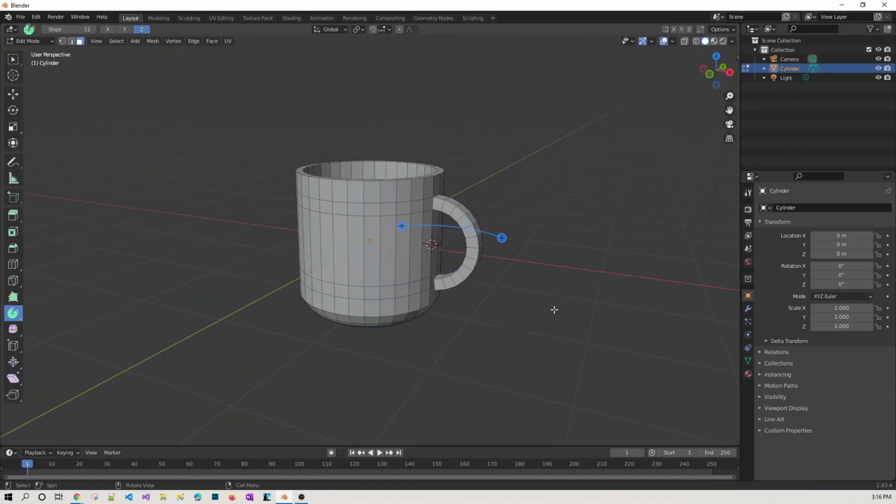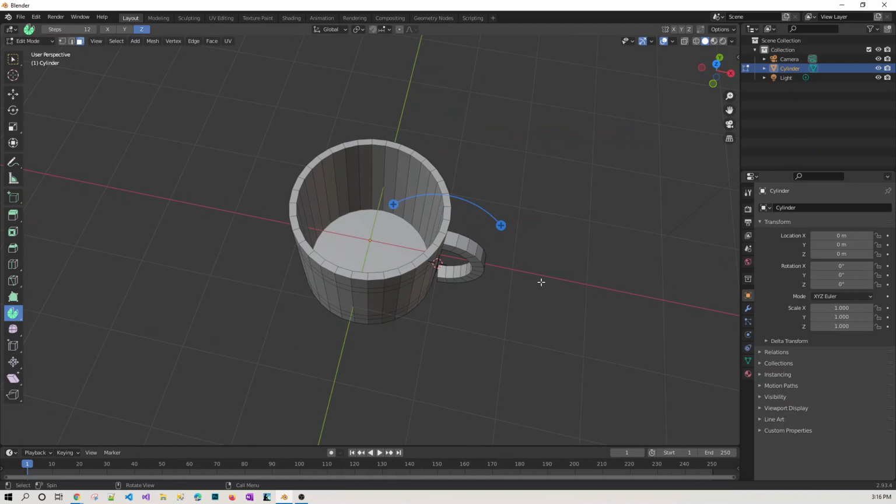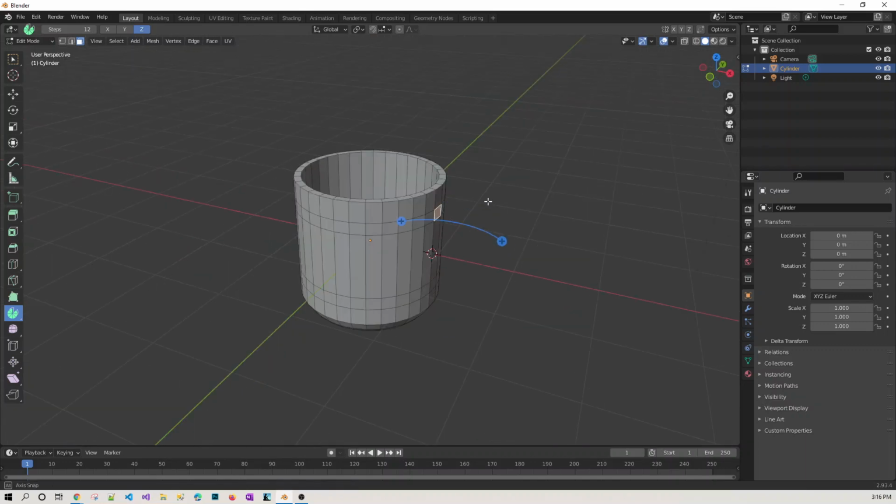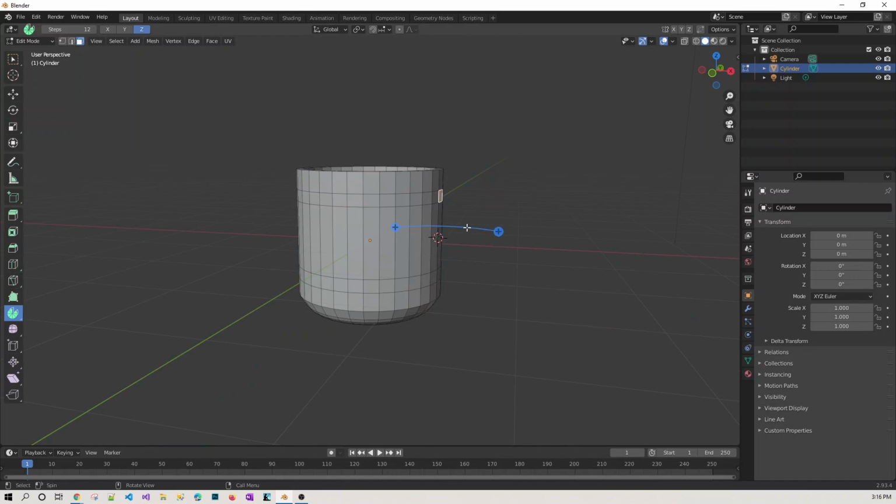If this one is not aligning, you can select it and rotate or scale a little bit. Let's see. I'm going to remove it, click on spin, and drag it, placing it over here.